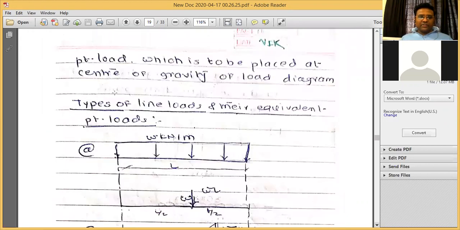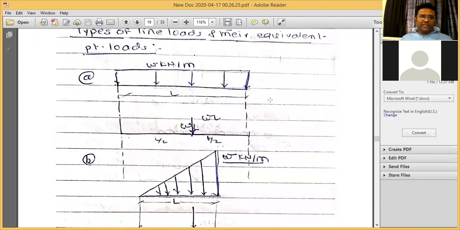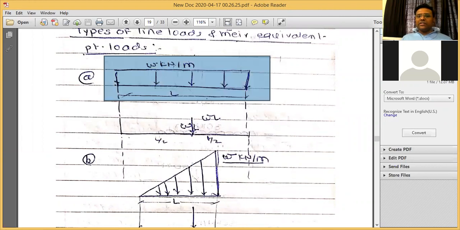This is a uniformly distributed load. Can you see? Yes. So UDL, uniformly distributed load. If I want to convert it into point load, how can I? I want to calculate its area. Now what will be the area of the rectangle? L multiplied by B. So over here L is L and B is W, that is the intensity of the uniformly distributed load. So I will be calculating the area of this rectangle, and that area is nothing but the intensity of the point load.